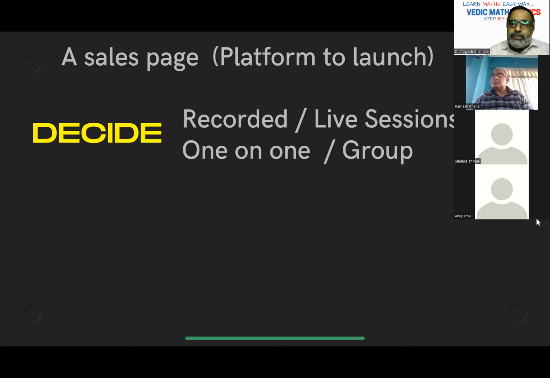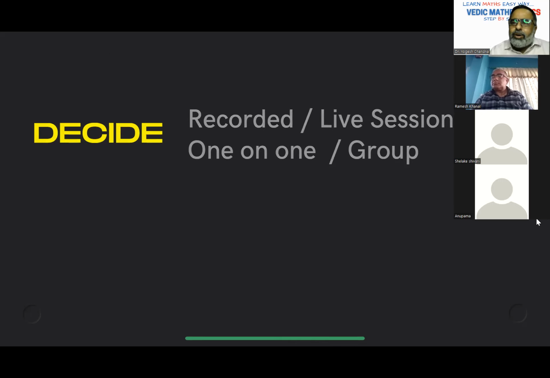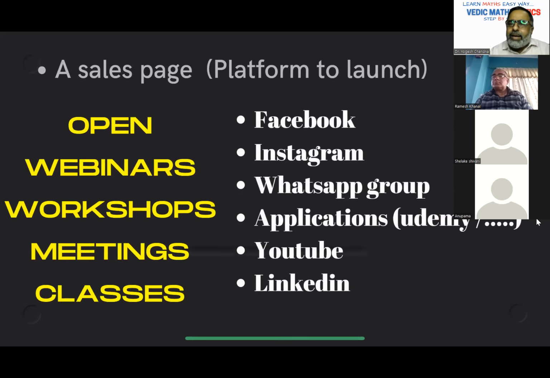Before lockdown, people were paying good amounts, but after lockdown, everybody is in trouble. So you cannot expect one-on-one now, right? You can have different charges, because a group means 6 to 7 people, and you can also take live one-to-one. Okay, so once you have decided live or recorded,